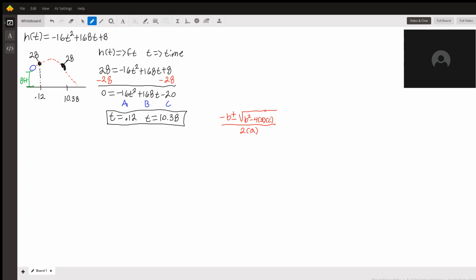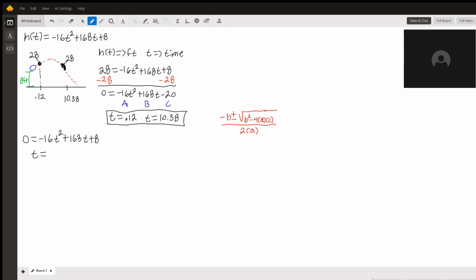When would the object reach the ground? So this is when we want to know the time period of the object hitting the ground. So we'll take this same function, but set it equal to 0. So we would have 0 is equal to negative 16 t squared plus 168 t plus 8. And you can use that quadratic formula again, and we will get t is equal